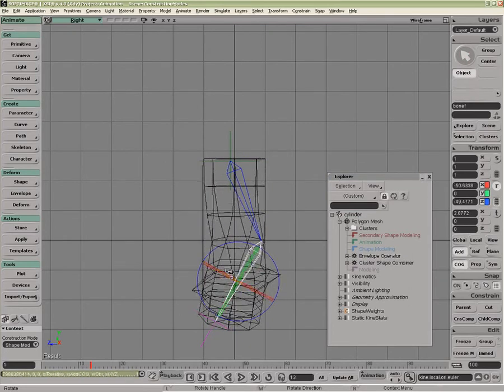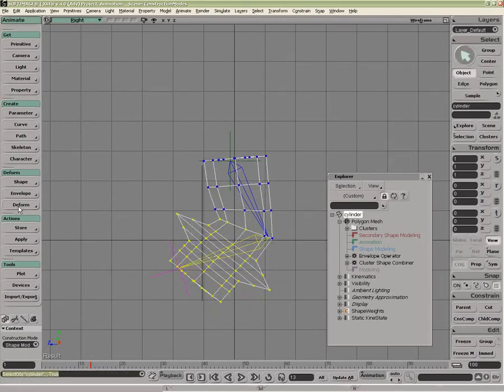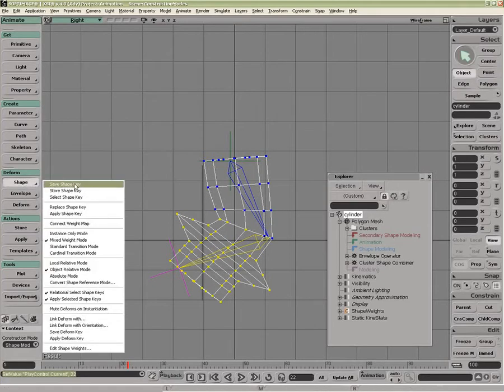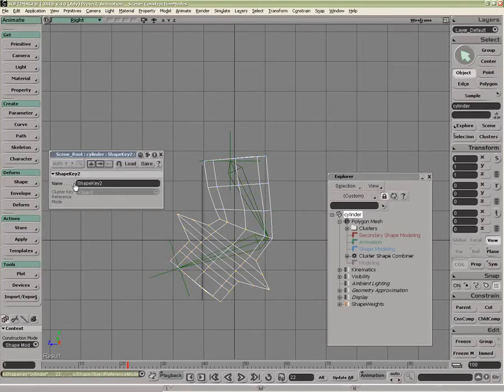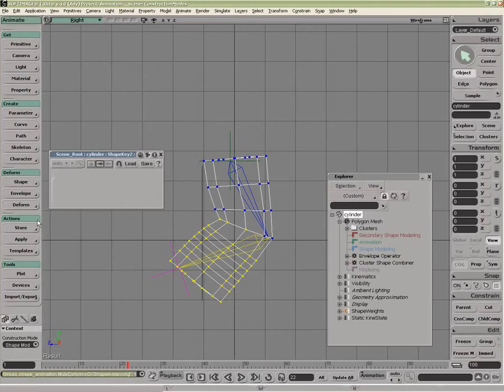I can now manipulate it like so. And here I'm going to save a shape. So go to another frame, save shape key. You notice it blew away my envelope because it was defined just as a way of authoring a shape. Well, if I don't want that to happen, I can always have mute deform on instantiation on, like so. It's defined my shape, muted the operator, which I can always go back to, unmute,